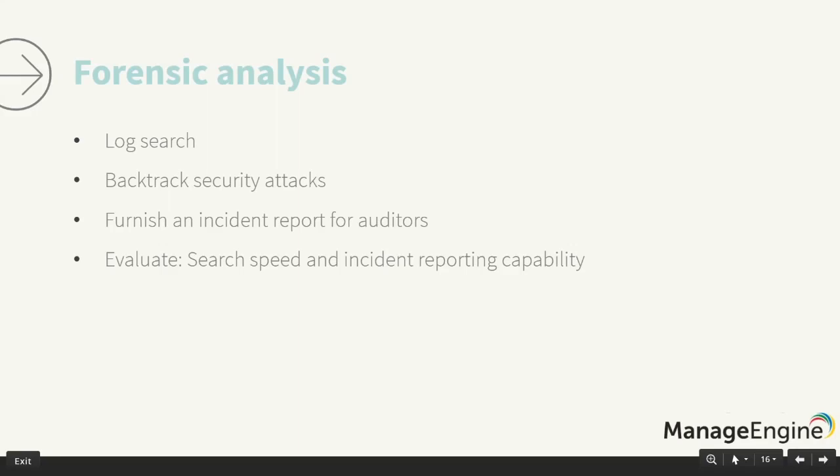right? Because you have a whole bunch of logs, you should be able to quickly peruse through these millions of logs and find out details that you're looking for, right? So if you find out that, say, last Friday at 5:10 p.m. you had a compromise on your web server, you should quickly be able to load that data from Friday into your SIEM solution, specifically look at all the logs that were generated at 5:10, find out